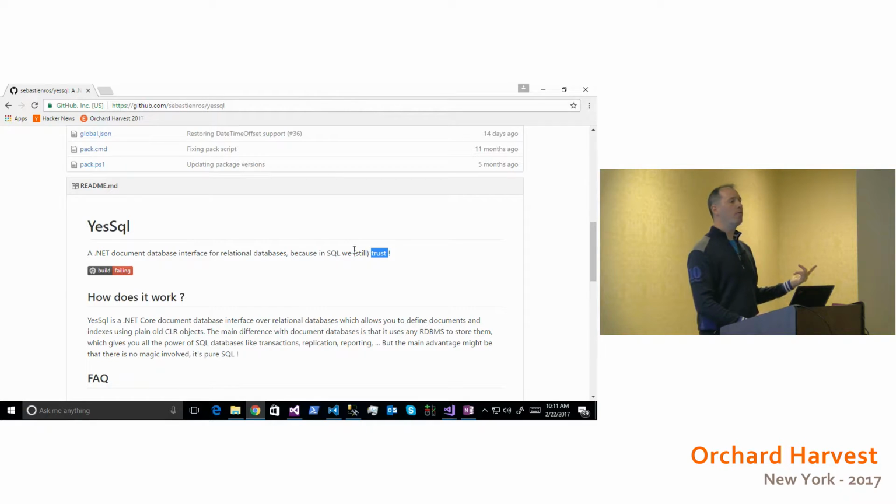The issue being, if you want to store documents somewhere in a store, you can use document databases, MongoDB, CouchDB, whatever, all the ones you know. There are issues with those. Technical issues and political issues. Technical issues are, most of them are not transactional. So if you want to store two documents in the same collection, it will work. But if you want to store one document and one view or one change and something else from another collection,